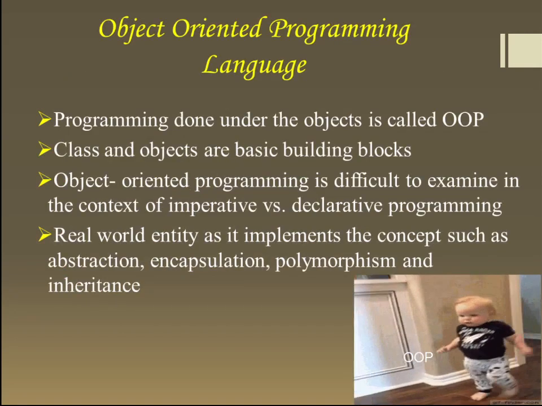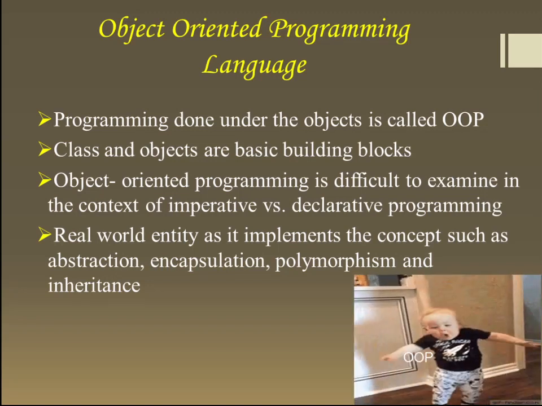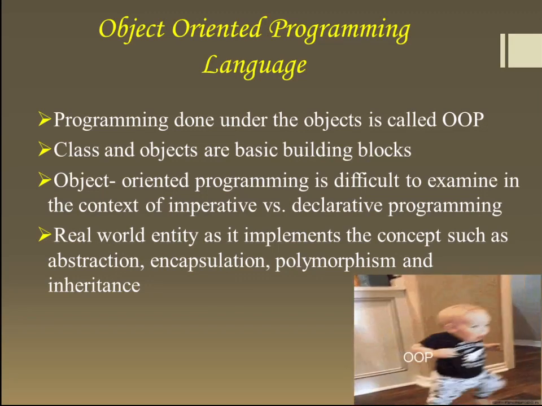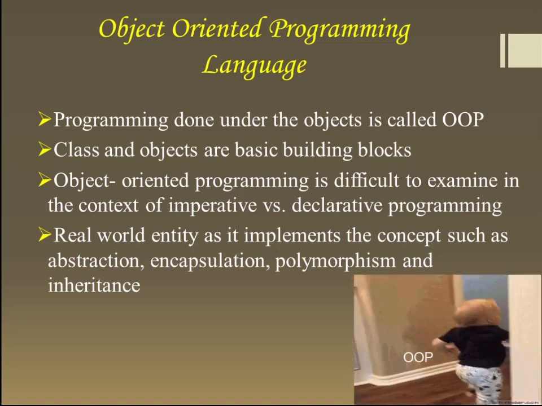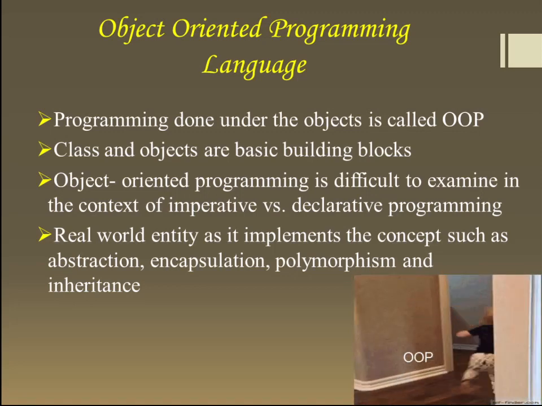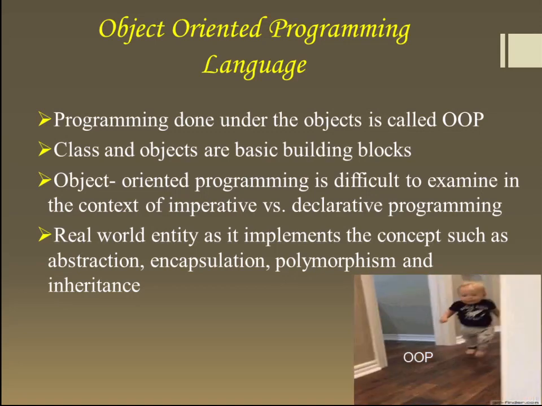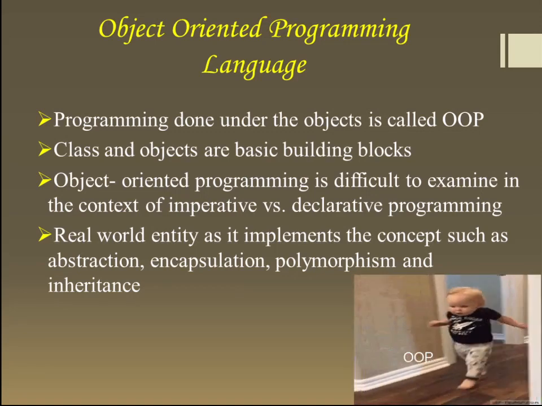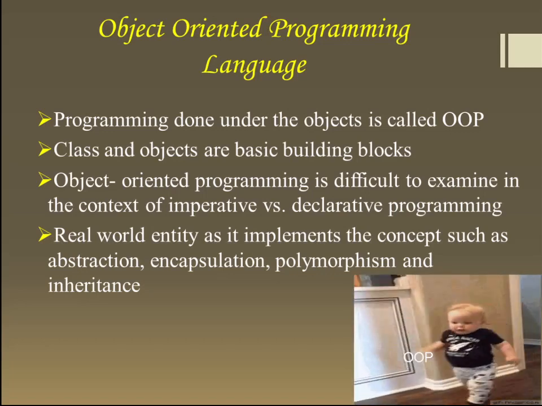For example, a language like Java. If I take the example of the car, in this, the driver is the object, key is the object, car is the object. Everything in this language is treated as an object. To have control on these objects, they have introduced concepts like class, object, abstraction, inheritance, encapsulation and polymorphism. That comes in the world of OOP, which we will study in our next video.